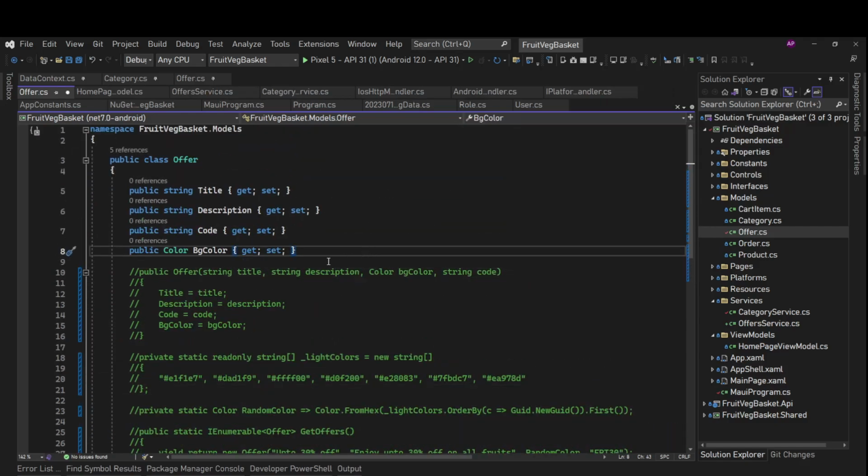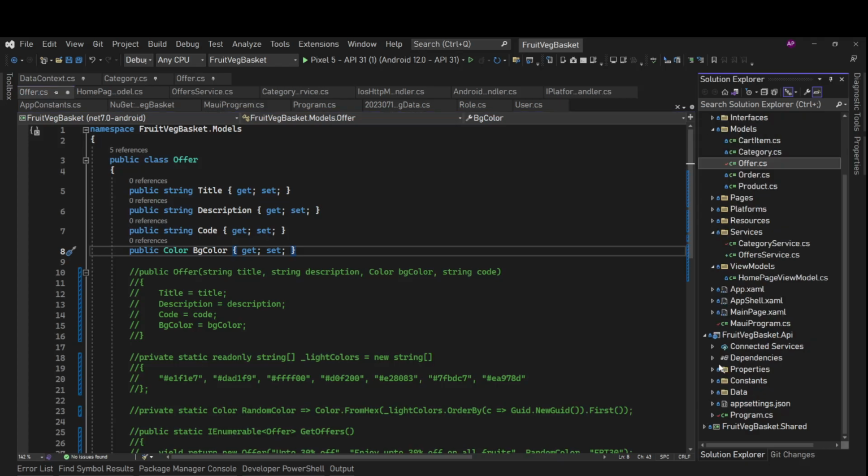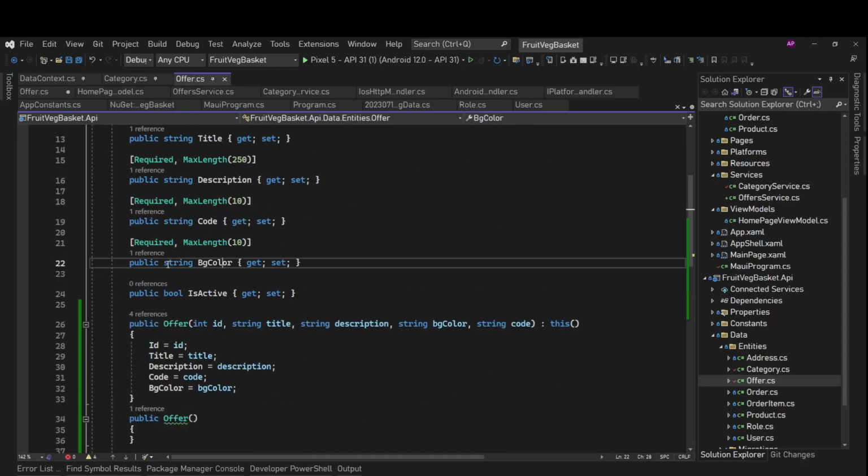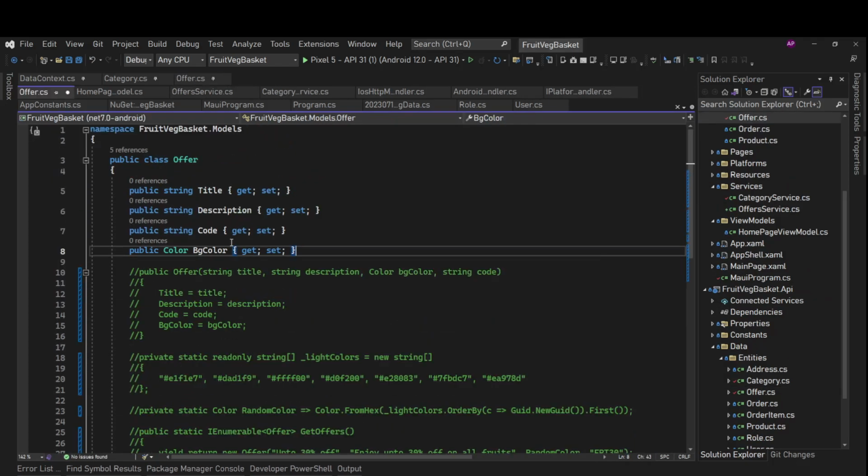And then this BG color: the data we are going to get from the API has the type of BG color as string, but on our UI in our mobile app we need it as a color.